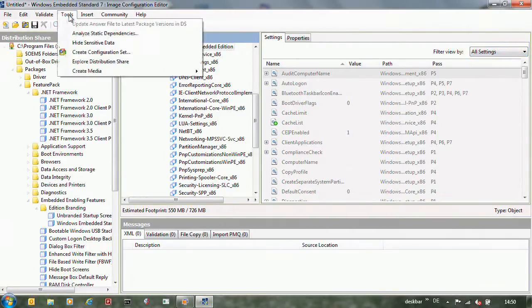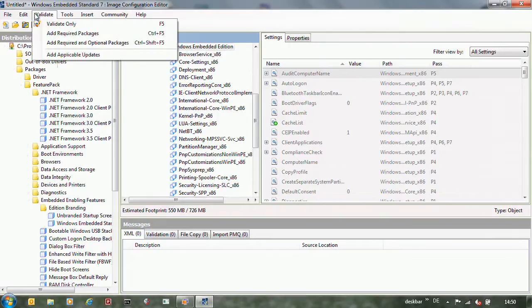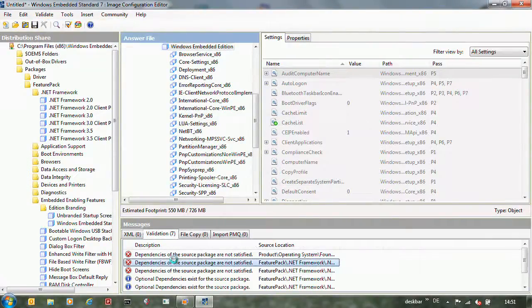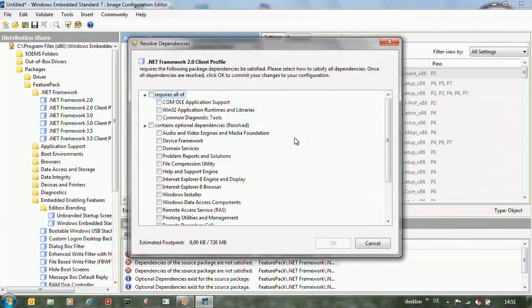Of course, you have to validate again if you have added something, and you see the results, if a dependency is missing, in the task pane. Anybody who has worked with XP Embedded? Yes, question? Can you customize